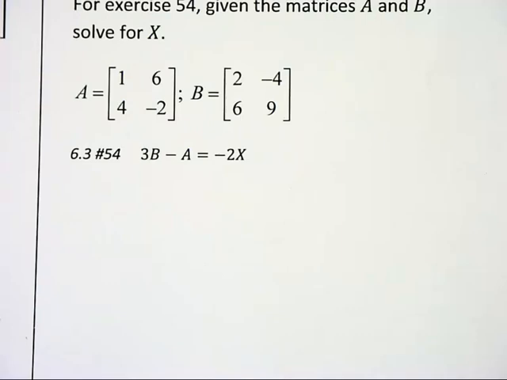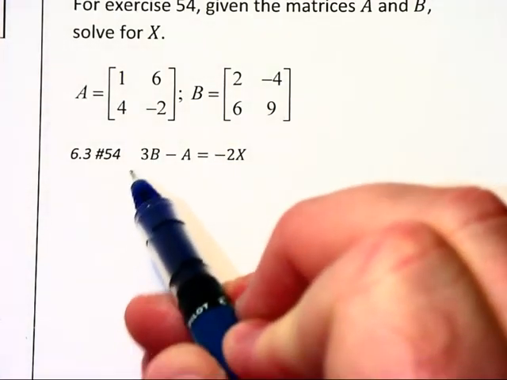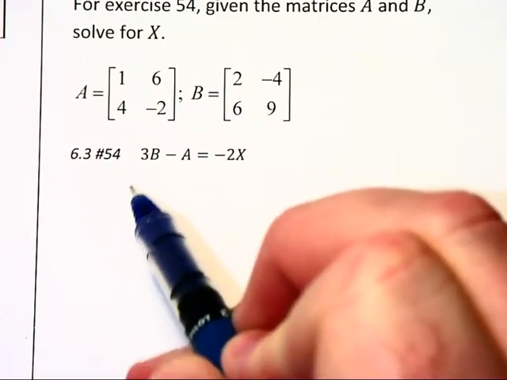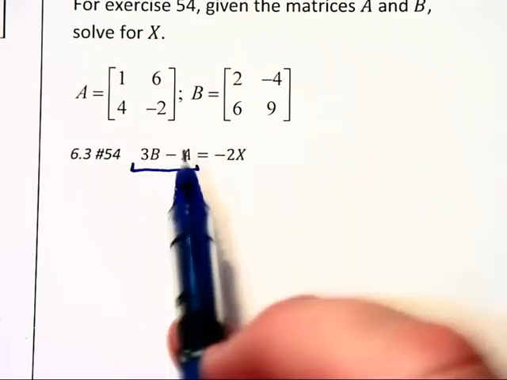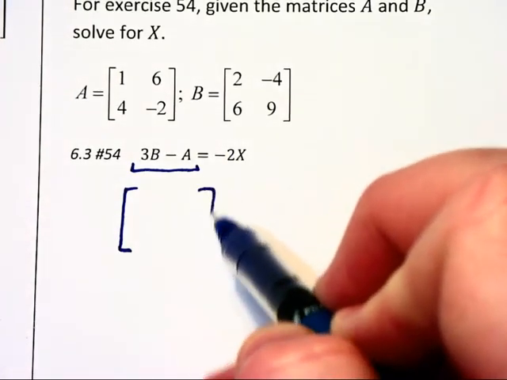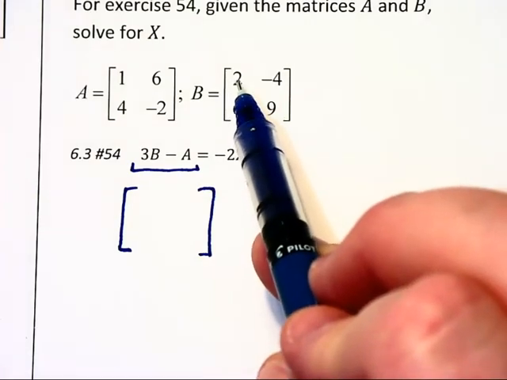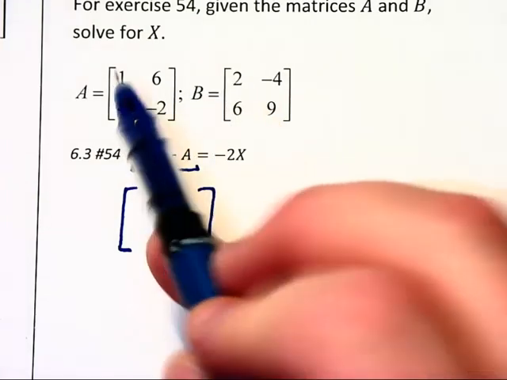Okay, this one's a little bit different. First off, I'm going to find 3b minus a. That right off the bat, they're both the same size, so this is going to end up being a square 2 by 2 matrix. And if I take the top left position, 3 times 2, I have 6 minus 1